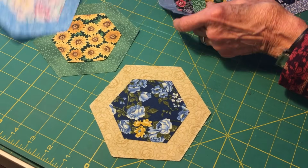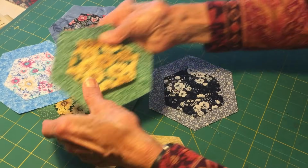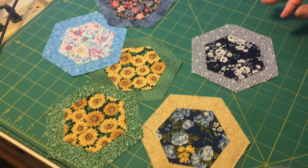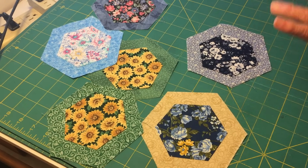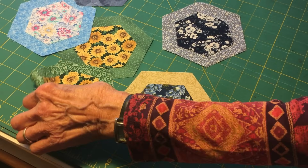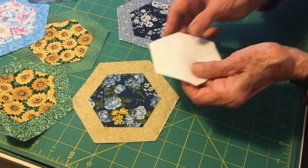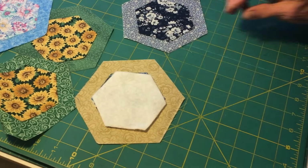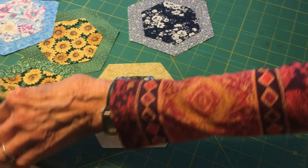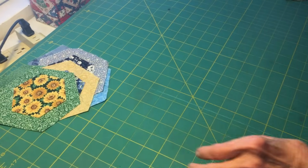Here again, a floral and a rim. All of these were chosen because that's what I decided to do. Same print here, a little bit different green. When you cut out the small one with the smaller hexagon and the big one with the bigger hexagon, you also need to cut out a piece of batting, and that will be the same size as the smaller hexagon. Okay, so what we then do is take my choices, put them together,